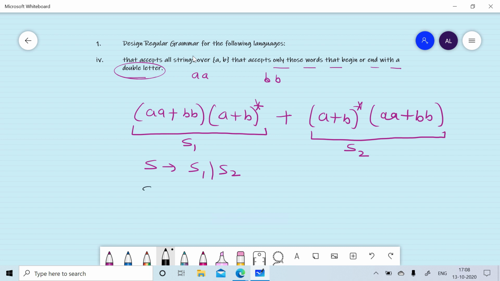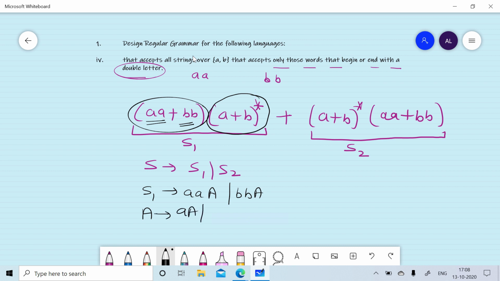Now from S1, first we will generate this part and we need to generate AA or BB. So we will generate AAA or BBA, and then using A we will generate (A+B)*. We can generate it by AA, BA or null.